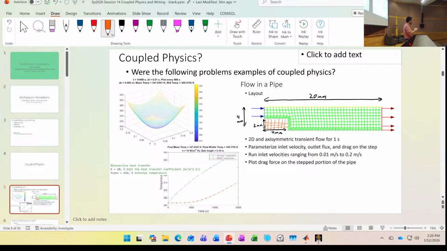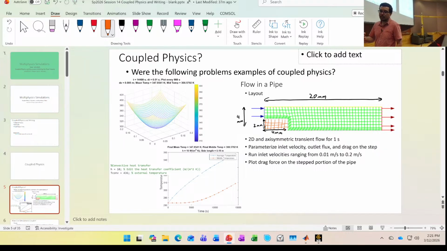Use that new geometry then. Calculate the flow again. See if it affects the flow. Hopefully it doesn't affect the flow that much, and then you call it good. All right? So that's what's called two-way coupling. When you have some type of physical phenomenon that affects the properties of the other physical phenomenon, and then it goes back and affects the original physical phenomenon. Okay?